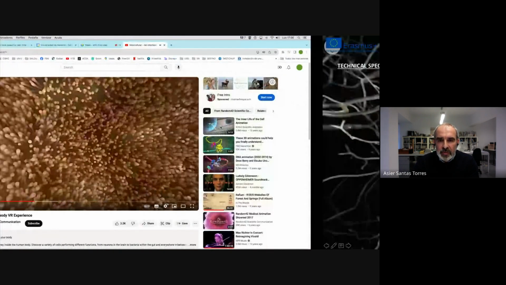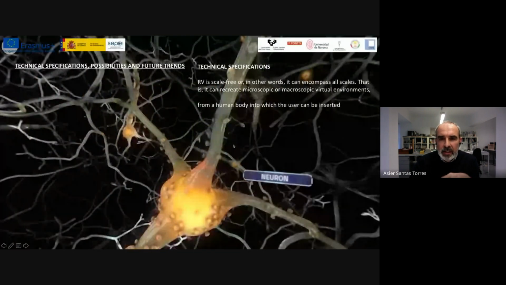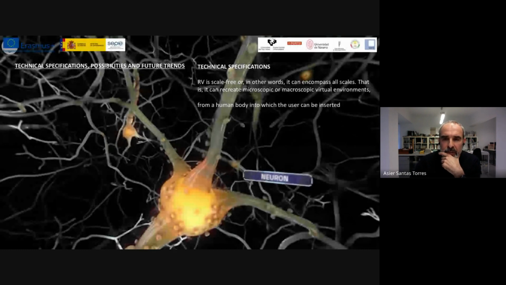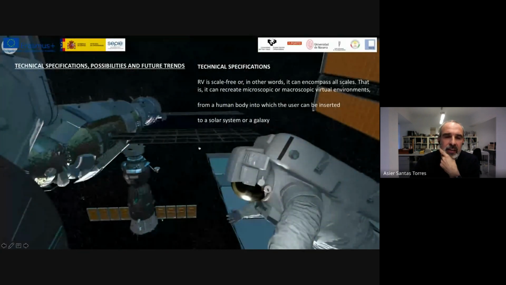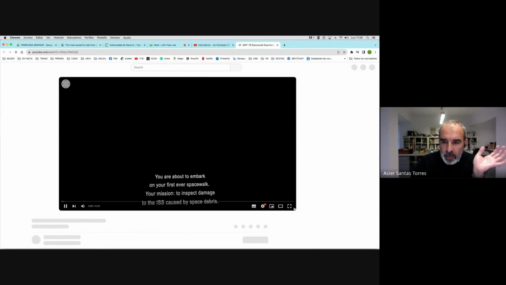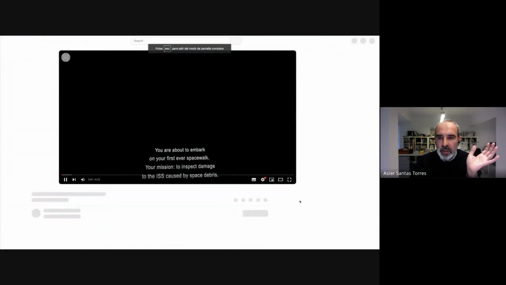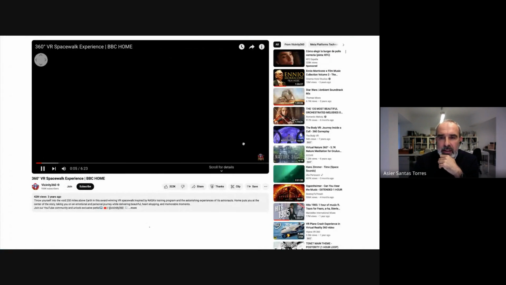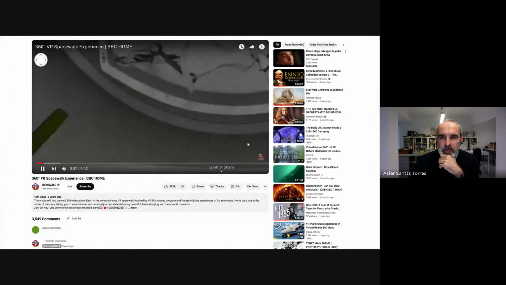This is an example of the macro scale. Virtual reality can go into a body, interact with cells, or can have